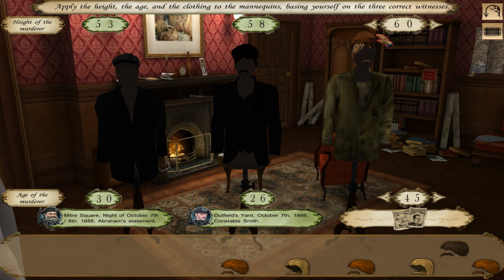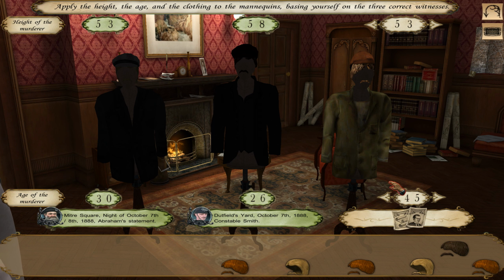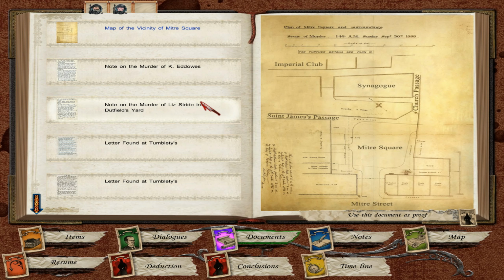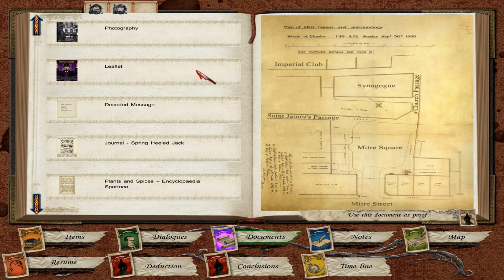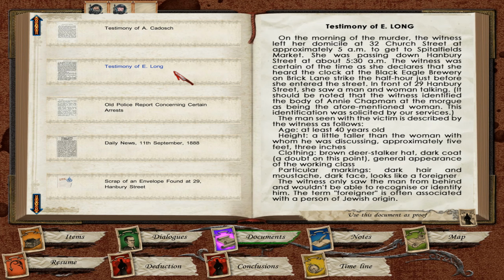And then he's supposed to be like 40. Oops. Let's see, 5'3" and 40. Let's see, where are... There it is. This one also had the date too, so...